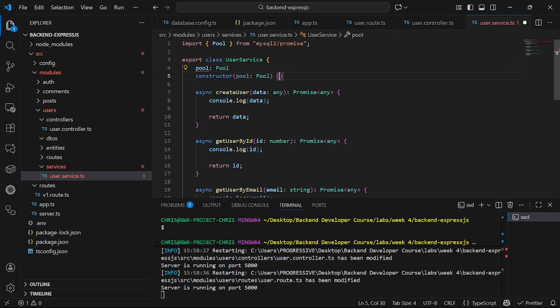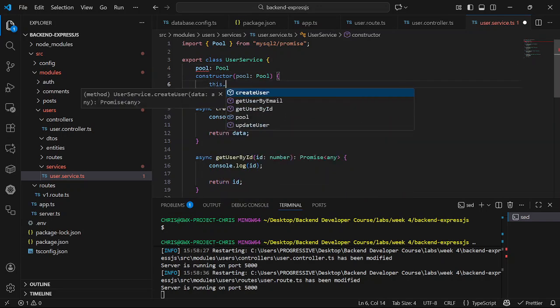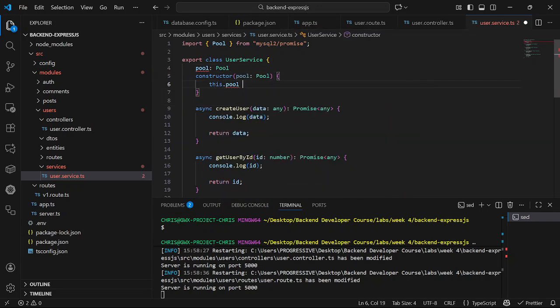This is the verbose way of doing this, the normal way. But if I bring the access modifier here,